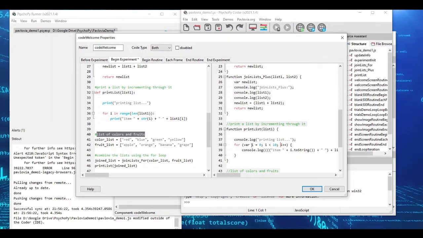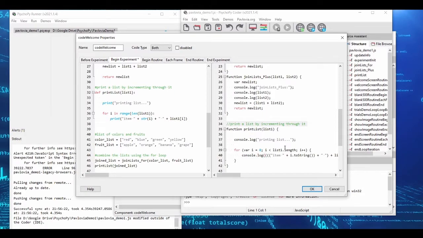So this will basically create an i variable that starts at 0, counts all the way up to 9. When it reaches 10, it is no longer less than 10, and so the loop will end. So we'll go 0, 1, 2, 3, 4, 5, 6, 7, 8, 9. Now we don't actually want to go to 10. We want to go through every item in list1. So rather than going from 0 to 10, I'm going to go to list1.length. This is the JavaScript equivalent of get the number of items from list1. If I do this, then this function will now